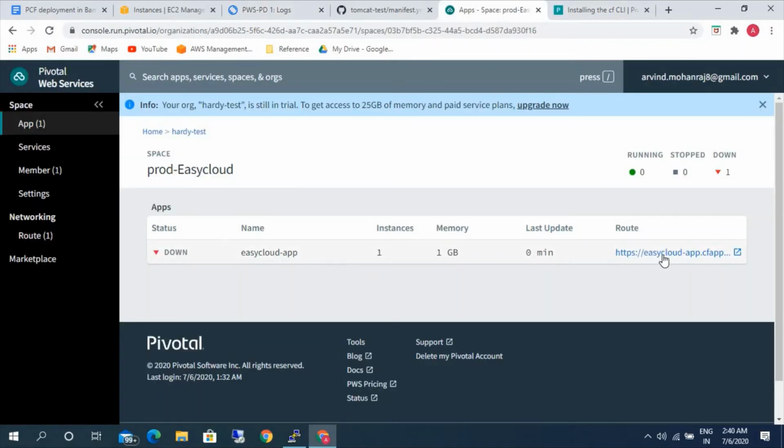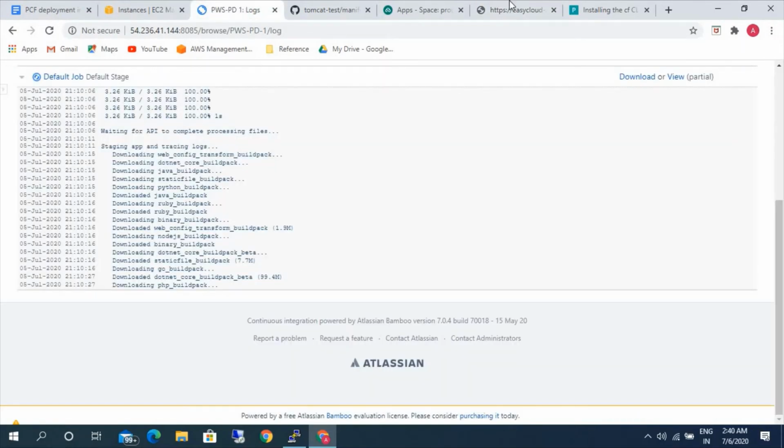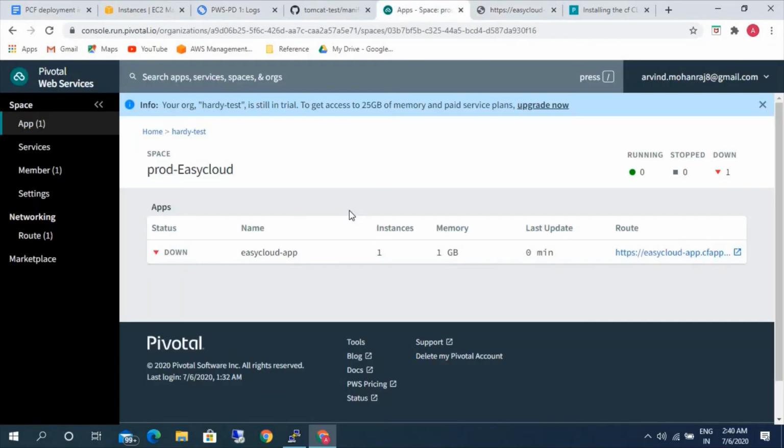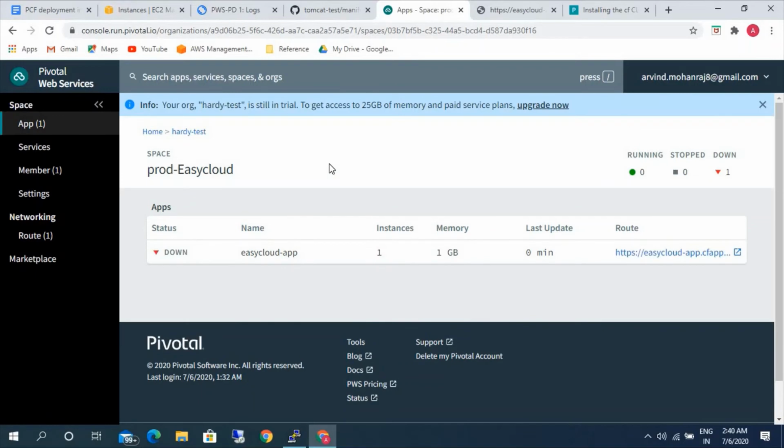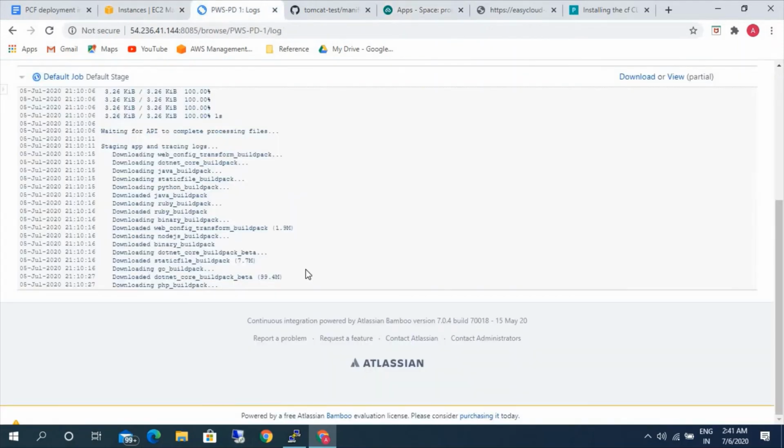So once it is completed, you can access the application through the route. If you click on the route link here, currently it is down because it is updating the app. Once it is done, you should be able to see the app here. Still updating the app.